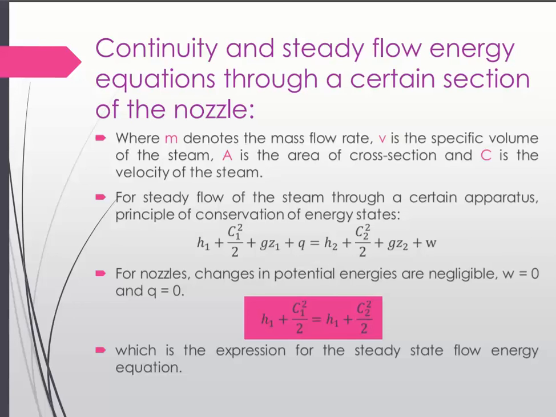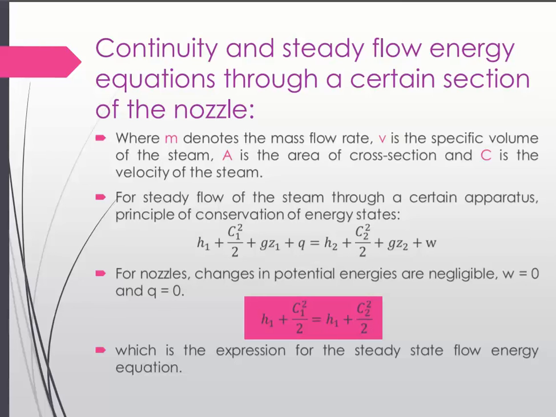We have the continuity and the steady flow energy equation through a certain section of the nozzle, where m denotes the mass flow rate and v is the specific volume of the steam. A is the area of cross section and c is the velocity of steam. For the steady flow of the steam through a certain apparatus, the principle of conservation of energy states that